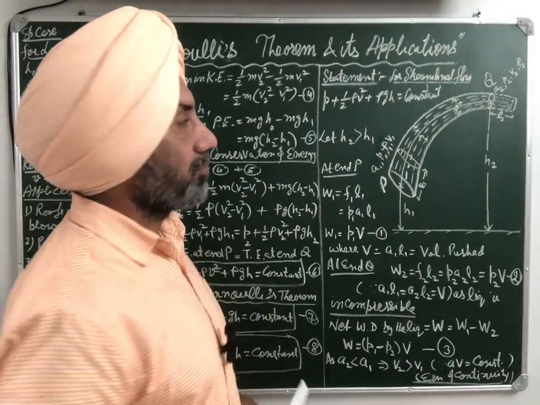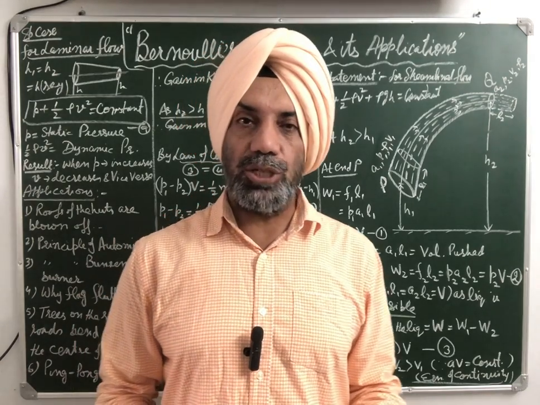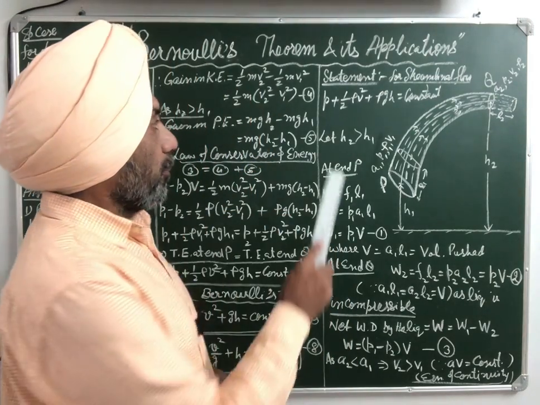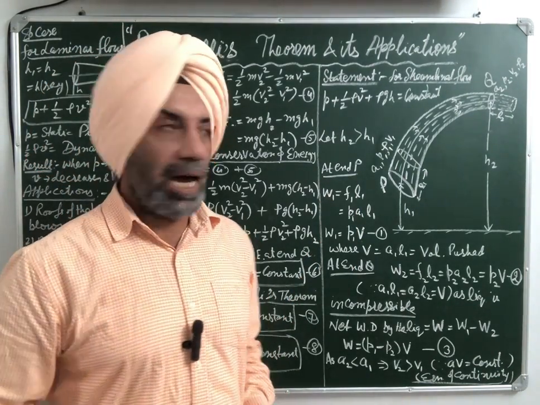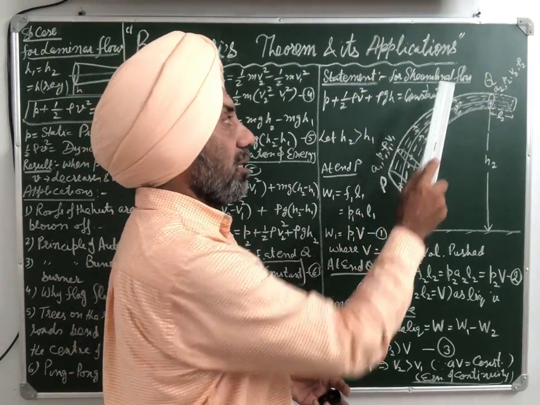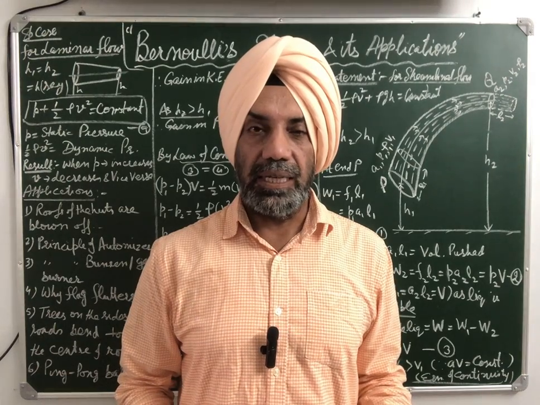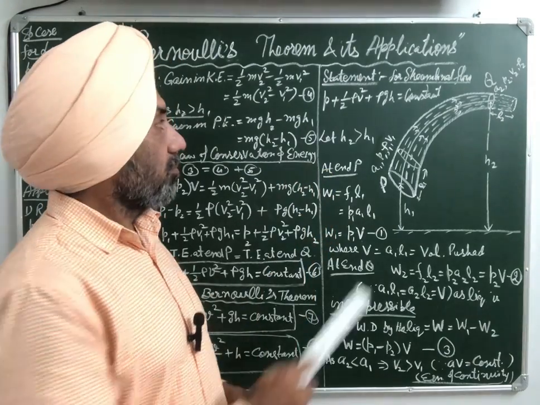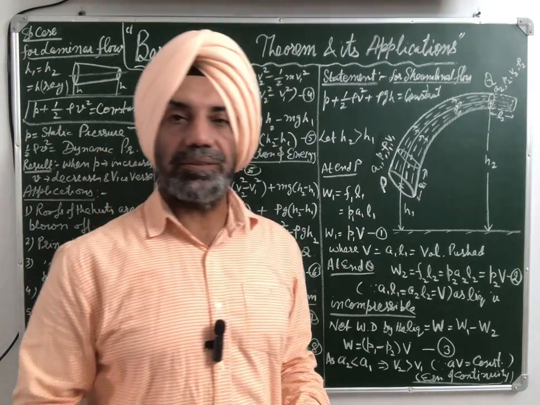Bernoulli's theorem states that for an ideal fluid, means which is non-viscous and incompressible, the sum of pressure energy per unit volume, that is P, kinetic energy per unit volume, that is half rho V square, and gravitational potential energy per unit volume, that is rho g h, is always constant, provided the flow is slow and steady, that is streamlined, where P is called pressure, rho is density of the fluid, V velocity of fluid, H height at which